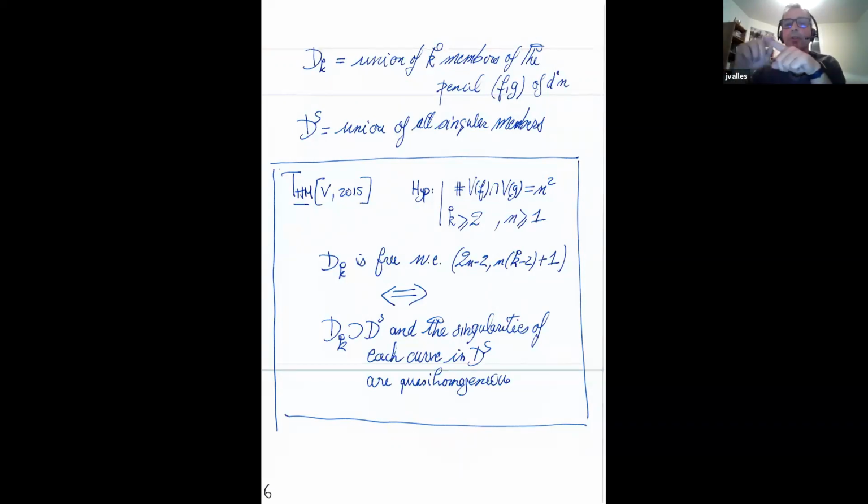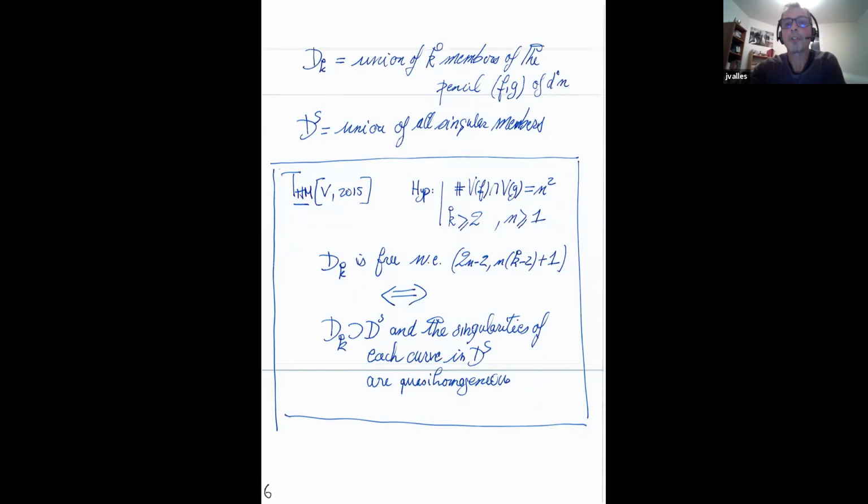So meaning that the base locus is smooth, and so the general member of the pencil is smooth, but also that they meet transversally along n squared points. I assume also that I have a union of k curves, with k at least 2, and the degree of these curves is at least 1. So D_k is a union of k members of the pencil, D_S is the union of all the singular members of the pencil,